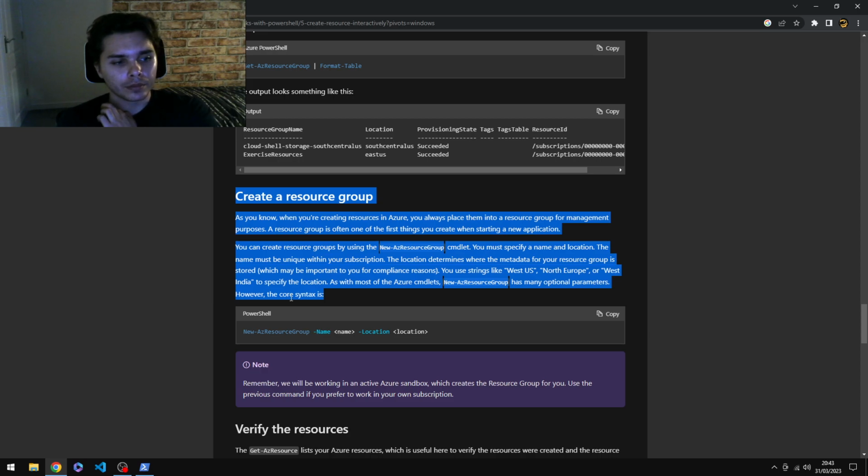The location determines where the metadata for your resource group is stored, which may be important to you for compliance reasons. You use strings like West US, North Europe, or West India to specify the location. As with most of the Azure cmdlets, New-AzResourceGroup has many optional parameters. However, the core syntax is